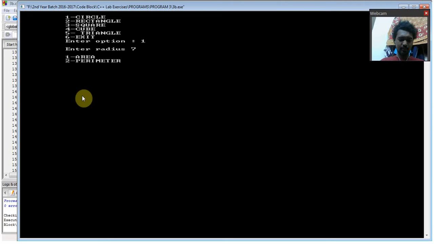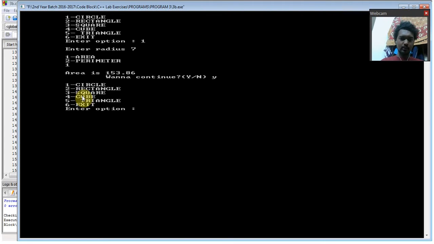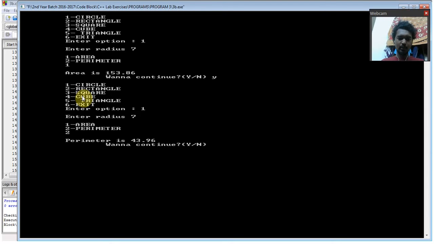If you want to find the area first, we can see the area is this, so we can continue, yes. Now first enter the radius, that is 7, and second the perimeter. We can see that for the circle we are getting both the results, the area and the perimeter. Similarly I'll show you for every